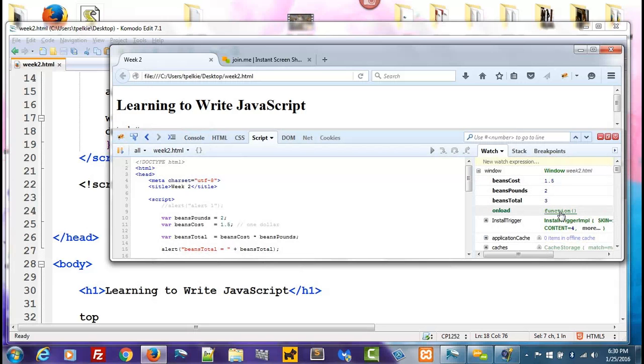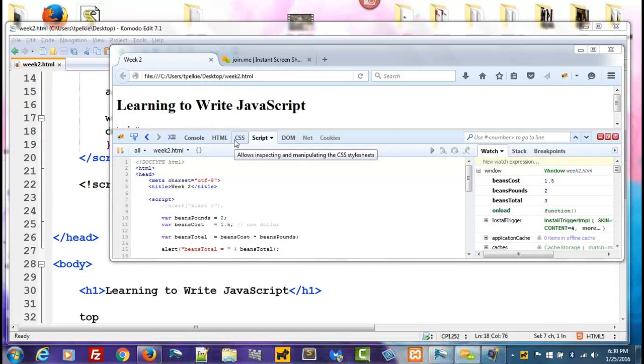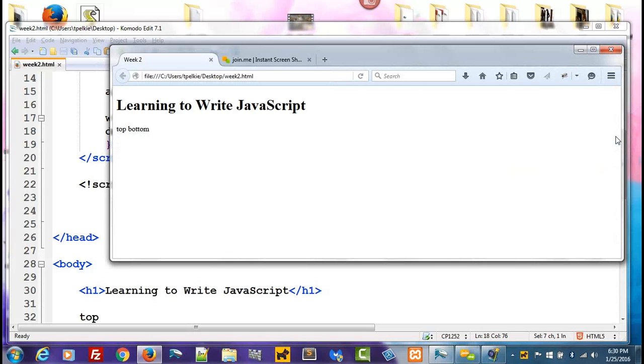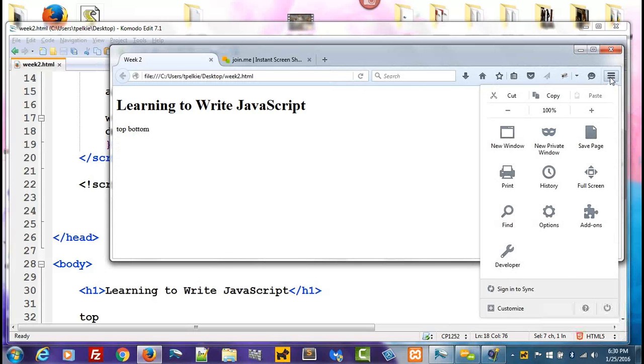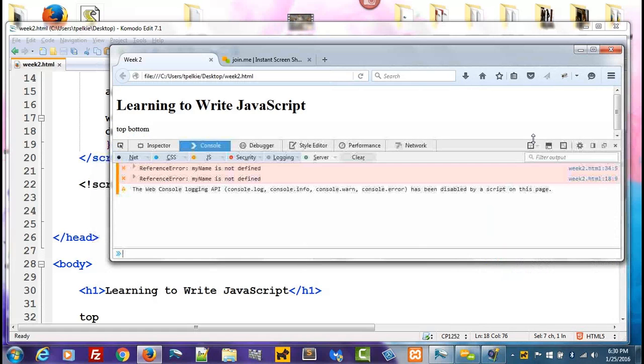There's your onload, whatever. We will look at this later. But obviously I'm not seeing any errors here. All right, let's get out of there. But from the window in Firefox, I went to Developer, I went to Web Console, and Chrome has a tool